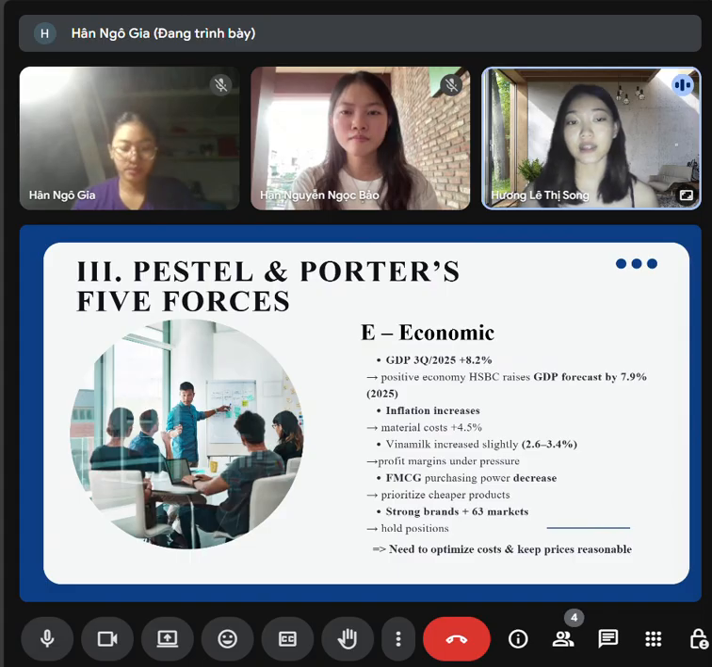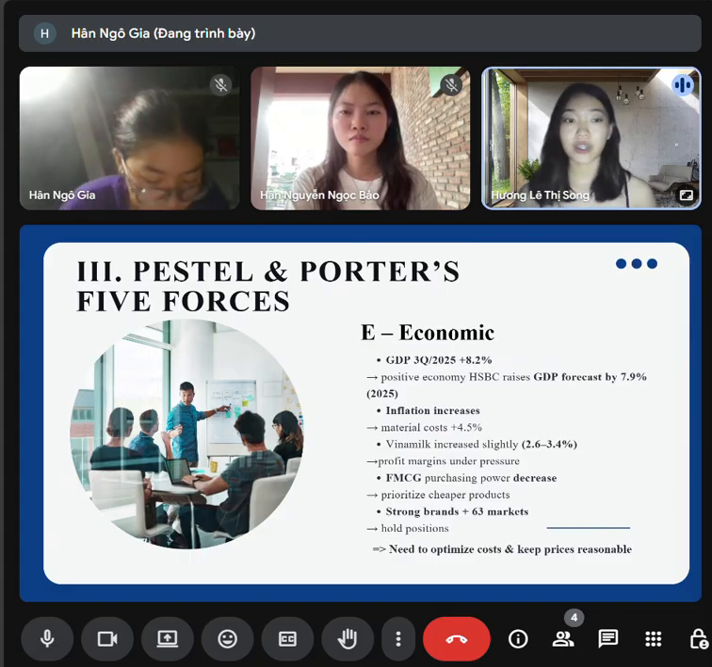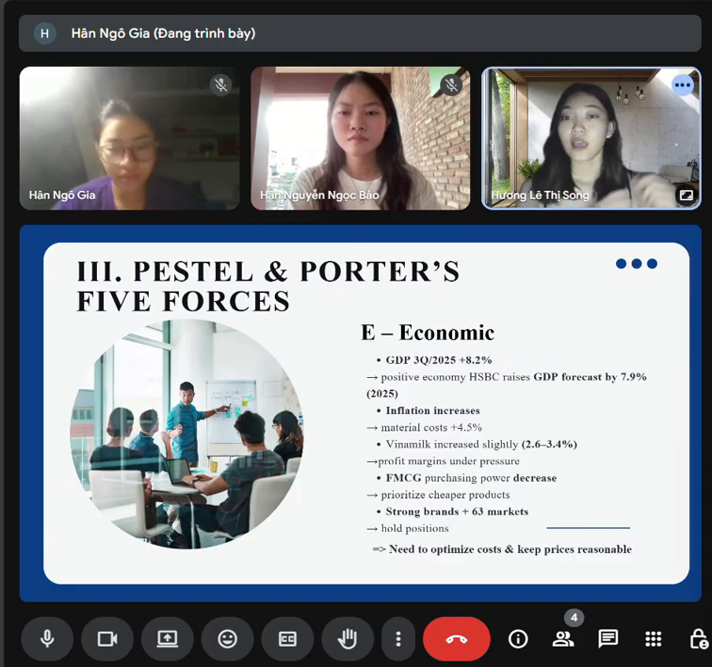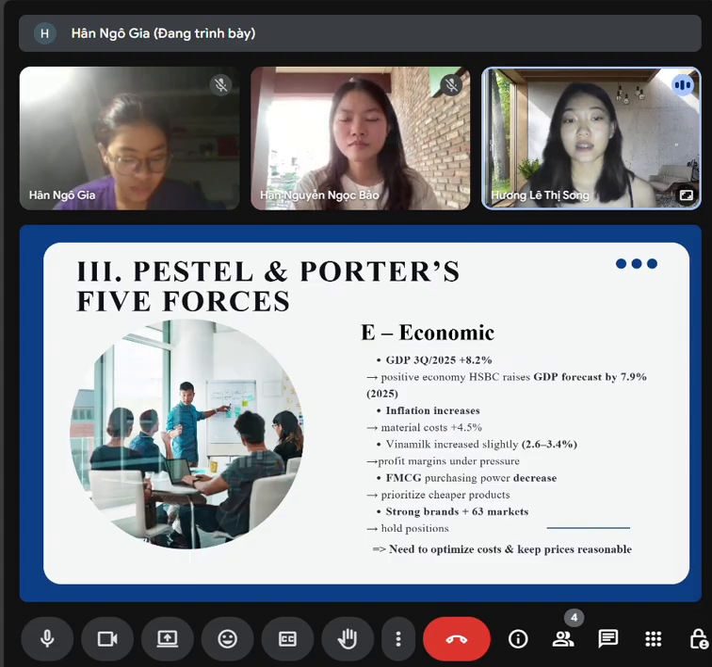Turning to the economic factor, Vietnam's GDP grew sharply by 8.2% in the third quarter of 2025, although fluctuations in the cost of input materials increased by more than 4.5%. Consumers tend to tighten spending, but Vinamilk still maintains market share thanks to the strong brand and exports to